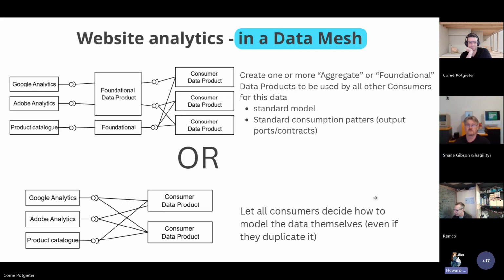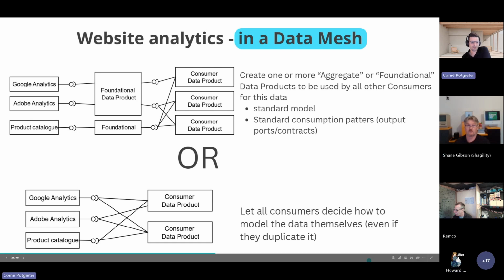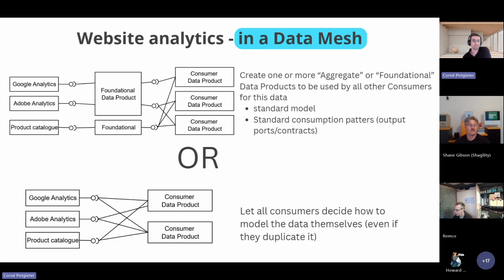But if I can include a table in another data product and it has a different owner, then who owns the table? Whoever that table, and again, as Shane said, the data, the contract is owned by one team. If it shares that table or that output port with another data product, it's still owned by the producer. The consumer is just using it because they have a contract between each other.